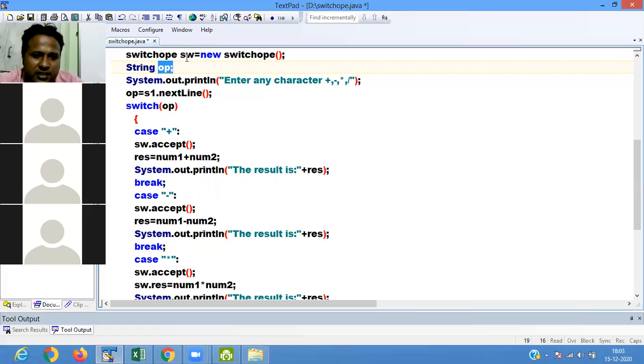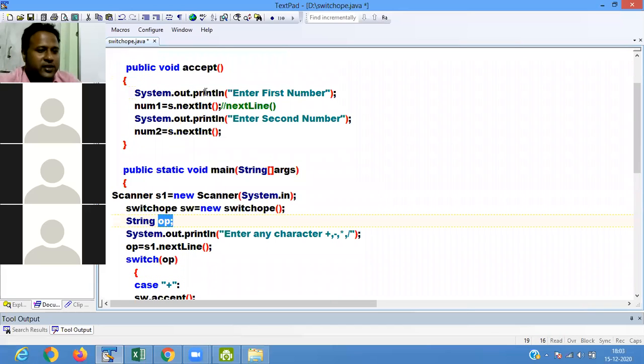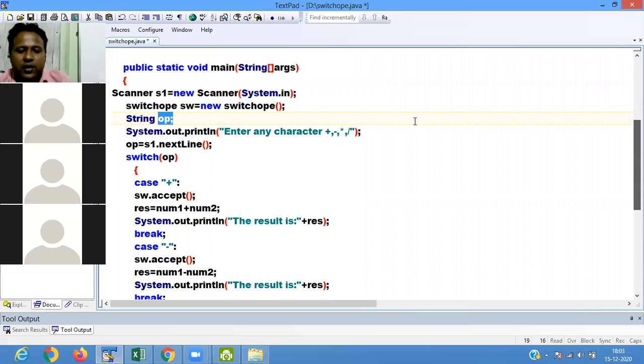ये जो क्लास का ऑब्जेक्ट है, वो ऑब्जेक्ट एक्सेप्ट मेथड को कॉल करेगा। जब एक्सेप्ट मेथड को कॉल करेगा तो आपको दिखाएगा "Enter first number", then you have to give a number, "Enter second number", then you have to give a number. ओके, तो यहाँ पर नंबर मैंने दे दिया। उसके बाद वो दोनों नंबर को ऐड करेगा और यहाँ पर रिजल्ट शो करेगा। अगर सिमिलर वे में माइनस देता हूं, फिर वो एक्सेप्ट फंक्शन को कॉल करेगा और दोनों नंबर को माइनस करेगा और यहाँ पर रिजल्ट दिखाएगा।